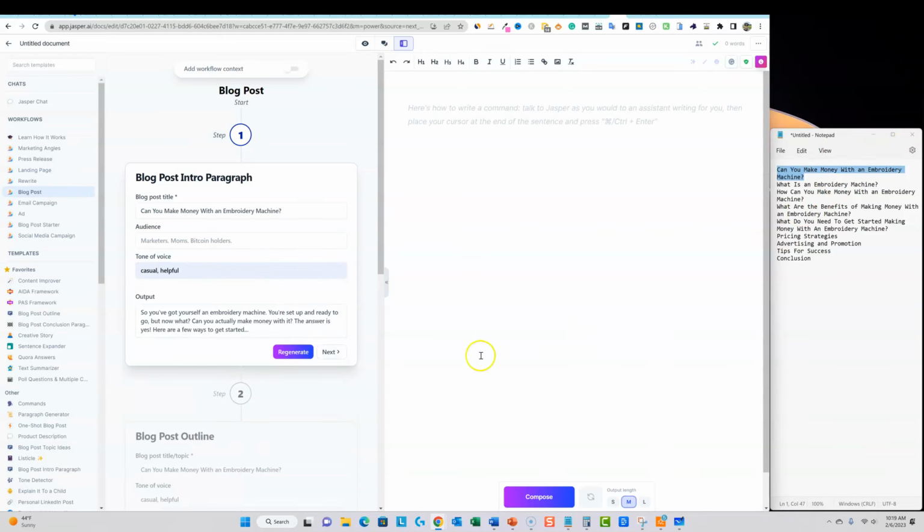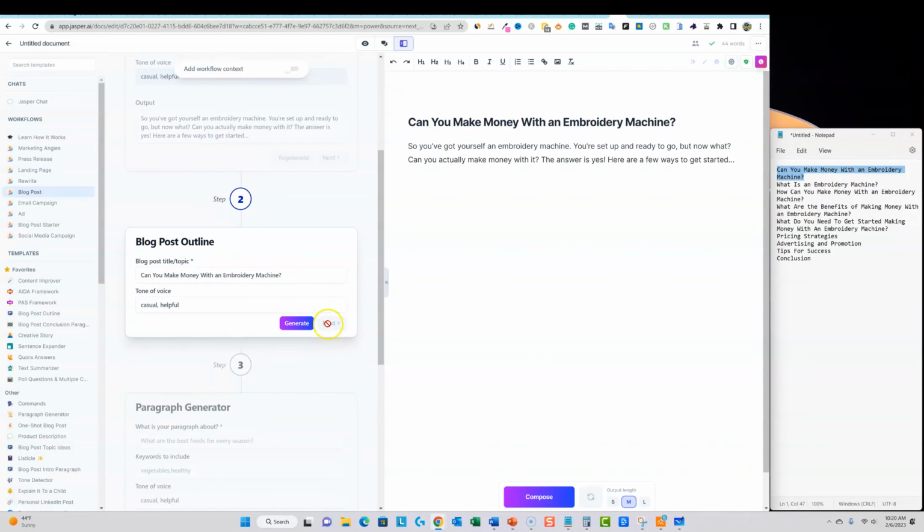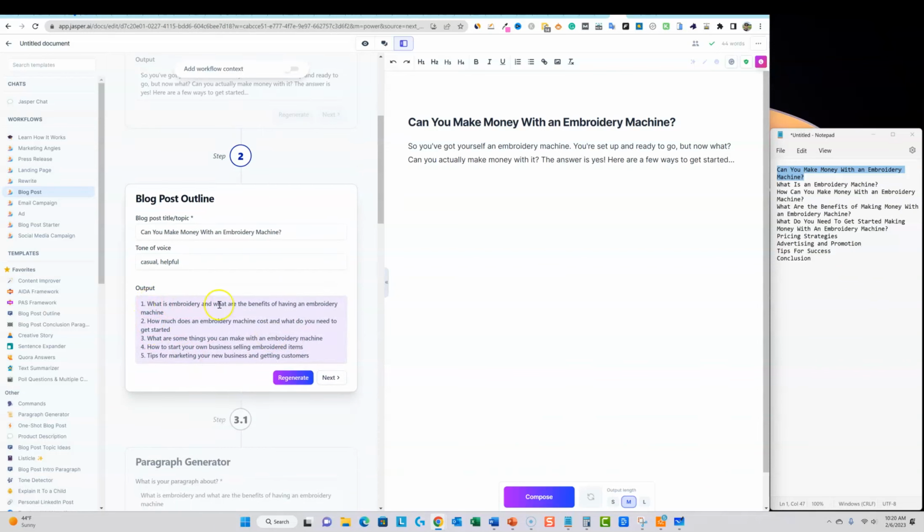It's going to generate our intro, and then we go next. It's going to create an outline for us, but we are going to skip that because I'm going to show you how we're going to take the rest of this and use our custom one, because it's only going to give us 5 right here. We can add these if we want to, but what we're really going to do is